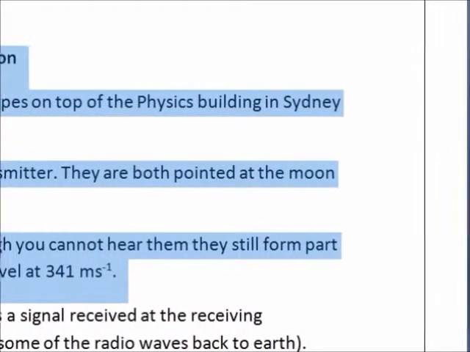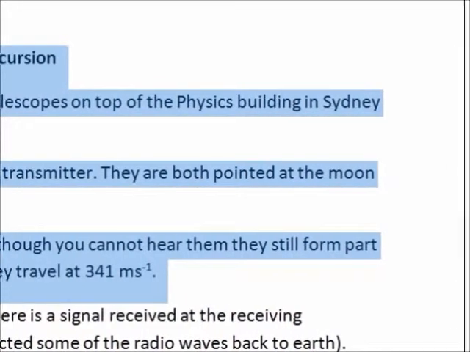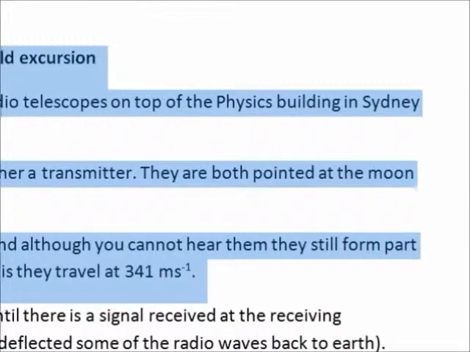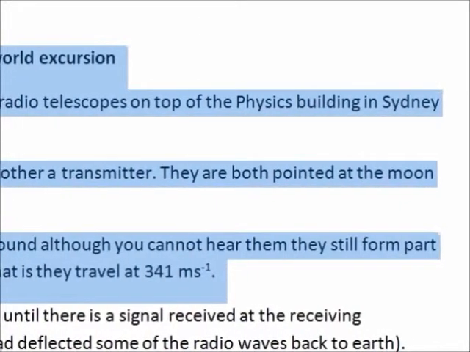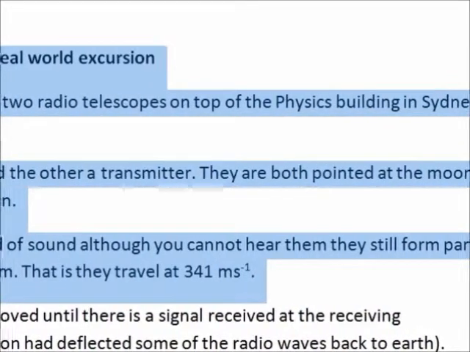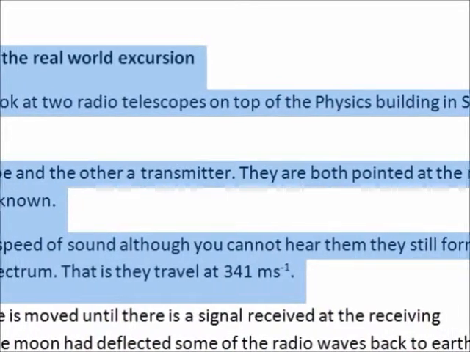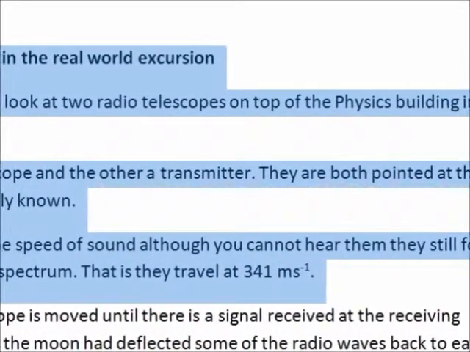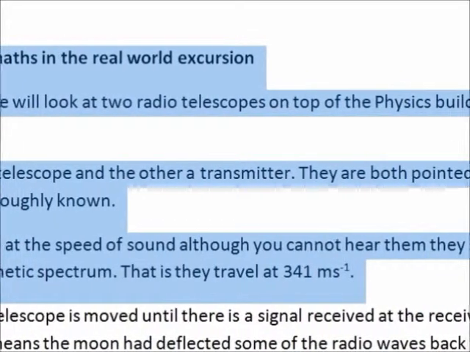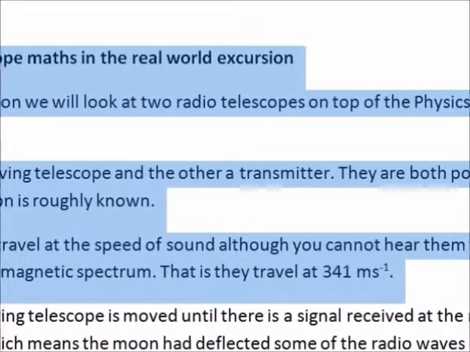At the end of the unit of work, there's a little excursion arranged, visiting the Sydney Uni physics building in Science Road, I believe, or Physics Road, is it? Sydney University's physics building has 2 radio telescopes on top of the building. One is a transmitter and one's a receiver, and you can actually line up these telescopes at the edge of the moon, so as the moon passes through the telescope while it's bouncing its radio beams, you can pick up